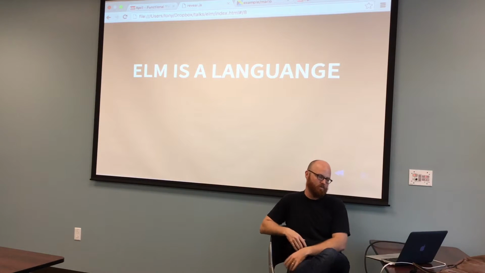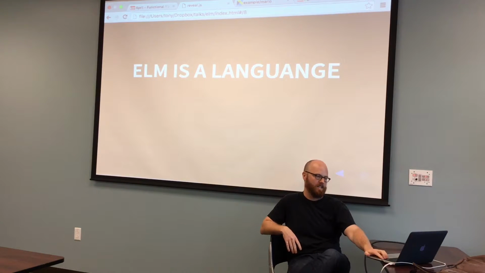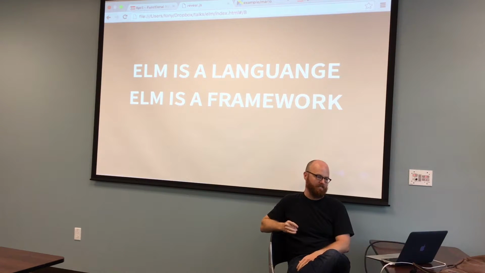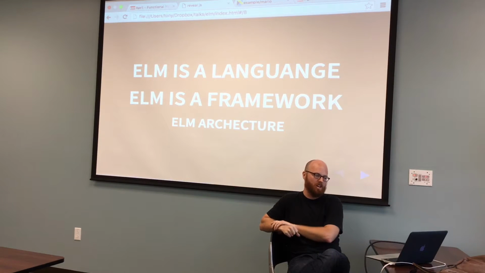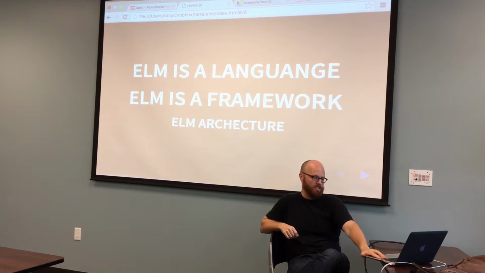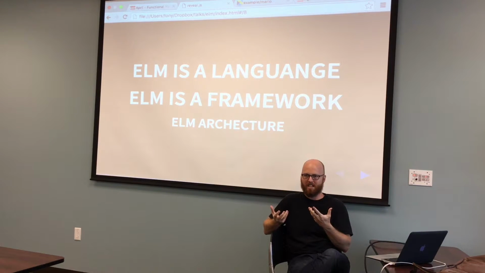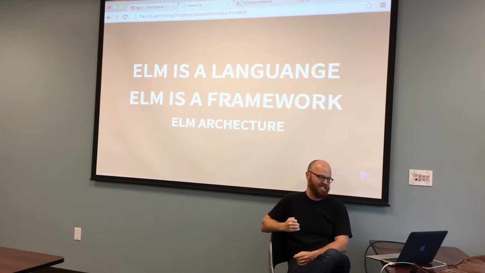So this was obviously a super basic introduction to Elm the language, but it's not just a language, it is also a framework, or at least people talk about it this way. And when we're talking about the framework, we're talking about Elm architecture. So in much the same way, like in Ruby, you've got Ruby and you've got Rails. In Elm, you've got Elm and the Elm architecture, and as far as I know anyway, you write Elm apps in the Elm architecture, and there's not like option number 2. Like you're opted into the Elm architecture.